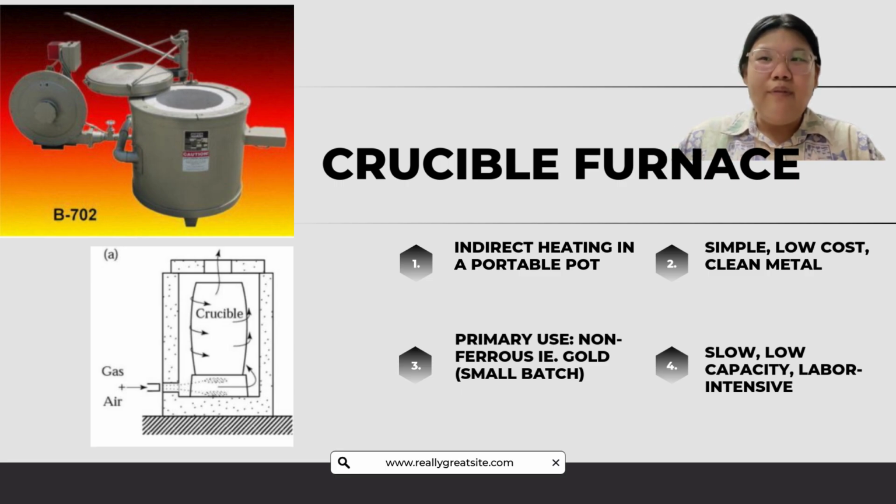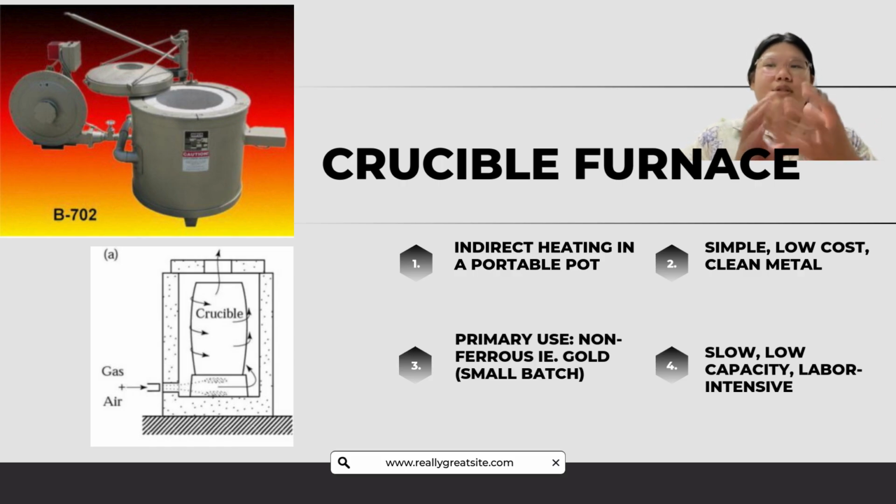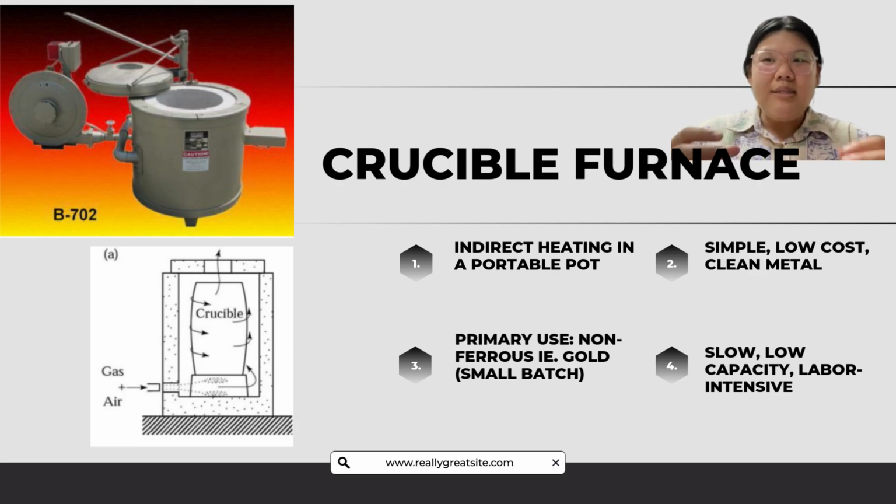The crucible furnace is ideal. We've already done experiments before when we were in high school, whereby we used the crucible to actually separate aluminium and the oxide, or include oxide into the aluminium. The metal is placed in a ceramic graphite pot, the crucible, which is heated from the outside. This indirect method is simple, low cost, and excellent for preventing contamination, making it perfect for small batches of non-ferrous